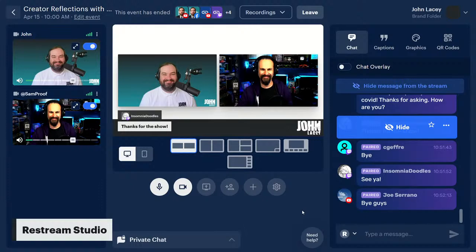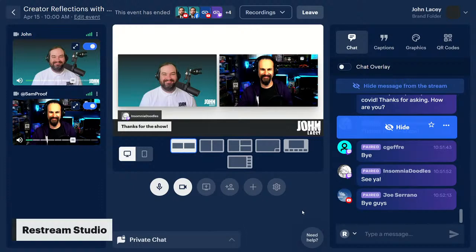We've got graphics. So this is a place where you can change some default colors in terms of the brand settings. You can bring on logos. You can show overlay images like the one I'm showing you right now. You can play video clips and you can adjust your backgrounds as well.